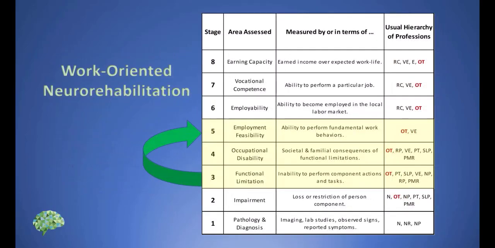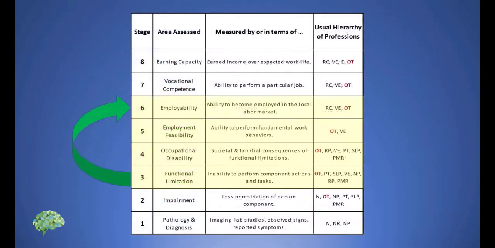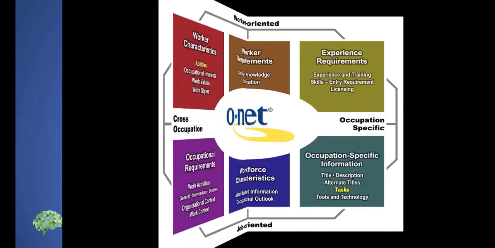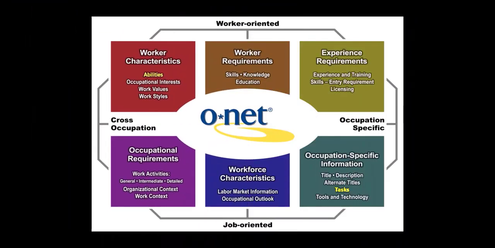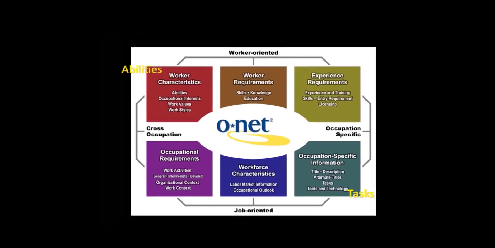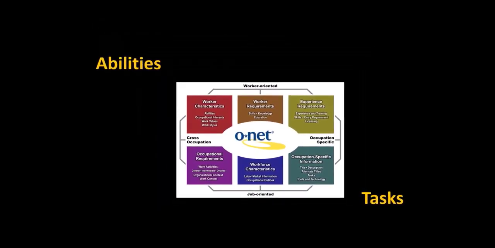I encourage you to consider expanding your purview to include stage 6, focused on the client's employability. We can do this with the help of O*NET Online, the Occupational Information Network. There are 6 large cross-reference databases in O*NET, 2 of which are particularly important to OT. The Worker Characteristics database, in which abilities are found, and the Occupation-Specific Information database, in which tasks are found, are